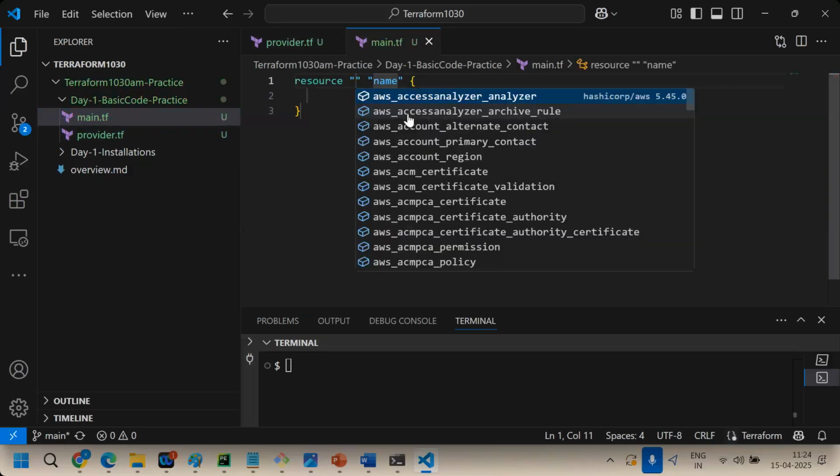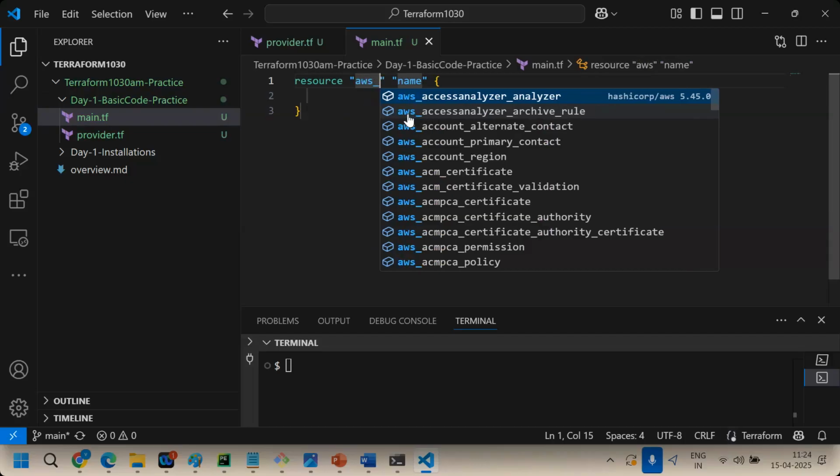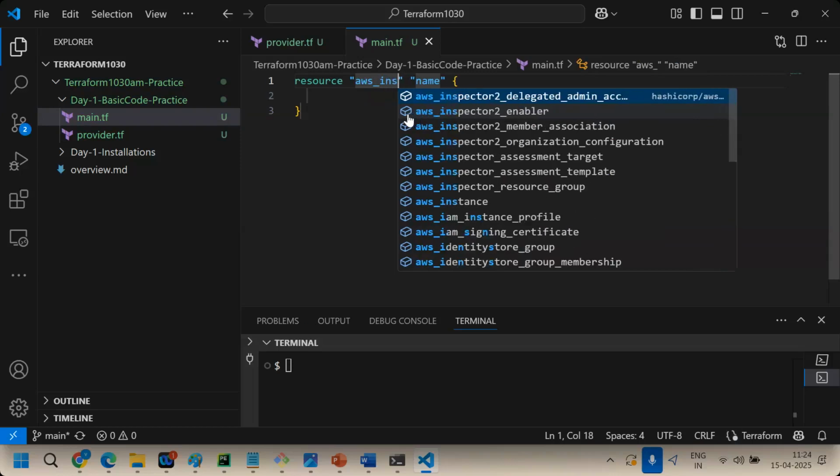Every resource starts with aws underscore, any resource. Now you need to write which resource you are going to create. For instance, you can give instance, just INS. See.